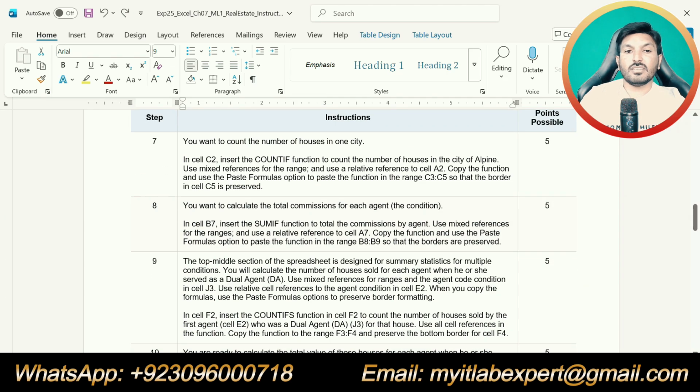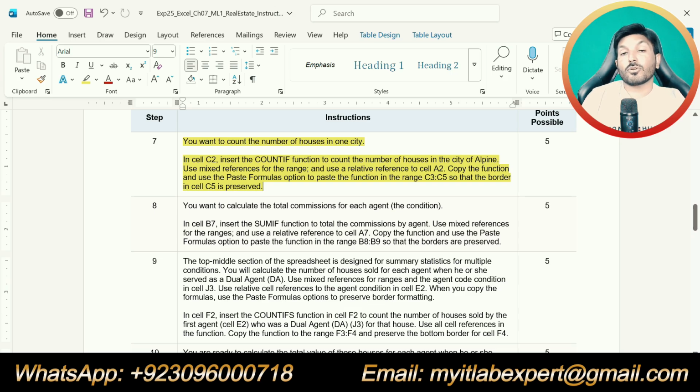So we are done with 6 steps of this assignment. Now we are going to do the next step, step number 7. You want to count the number of houses in one city. In cell C2, insert the COUNTIF function to count the number of houses in the city of Alpine.